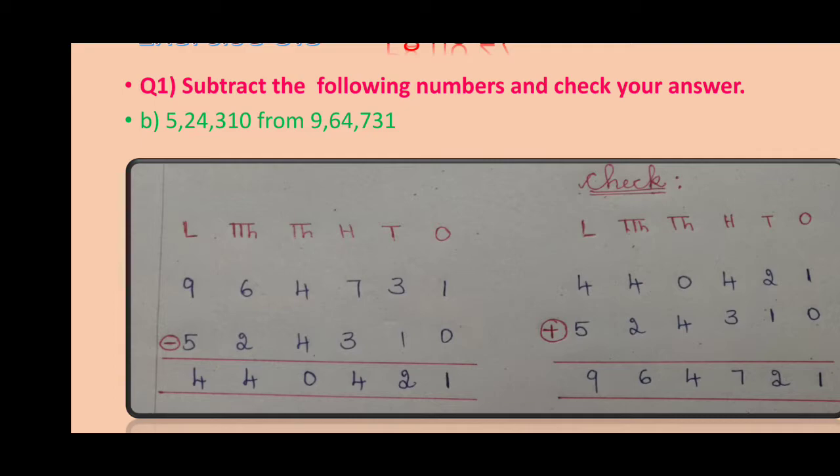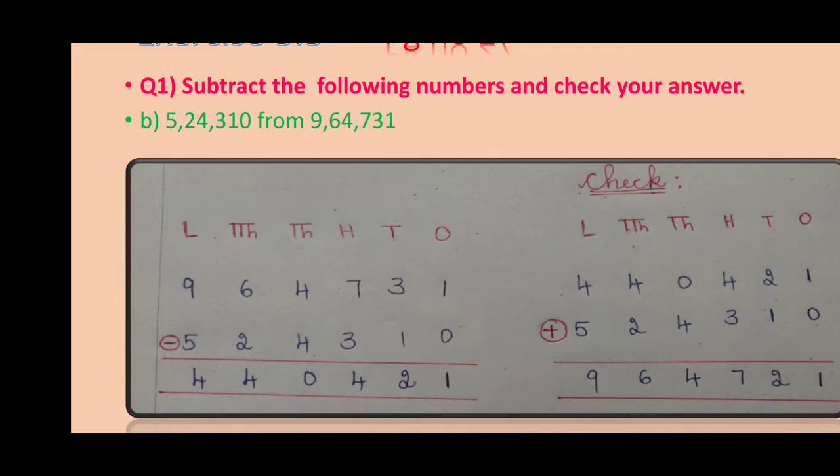Then 4 minus 4. As you know the subtraction fact, if you subtract the same numbers, you will get 0 as your answer. 6 minus 2: keep 2 in your mind. After 2, count 3, 4, 5, 6. Again 4 fingers you are getting. 4 would be your answer. 9 minus 5 also you will get 4.